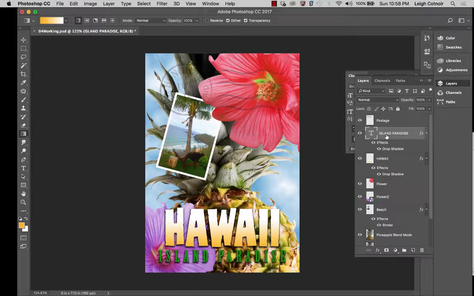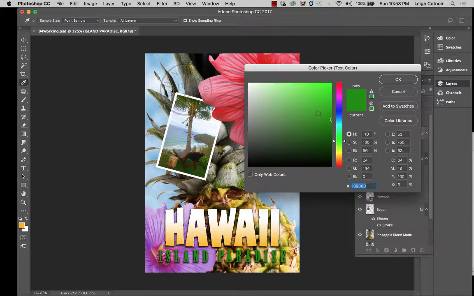So if you go up to Island Paradise, one of the things you can do for the color of the type is select the type tool while you have the type layer selected, and you'll see that the options panel changes. Then I could go up here and adjust the color. Now, if I like this color, I might put this hexadecimal number down here in the clipboard. It's got a little hashtag in front of it. If you copy that, then if you adjust it, you can always just go back and paste a single number. But you can adjust this color so that it's brighter, and you can see it changing